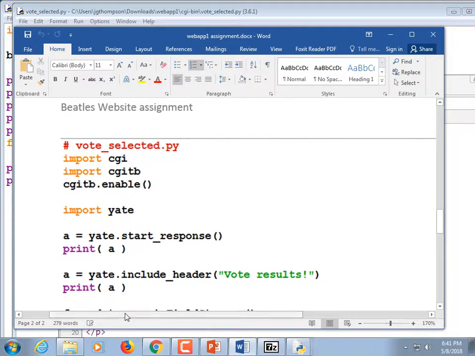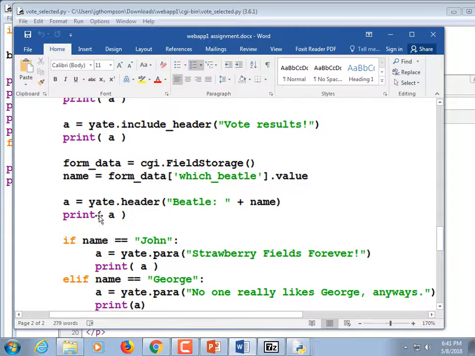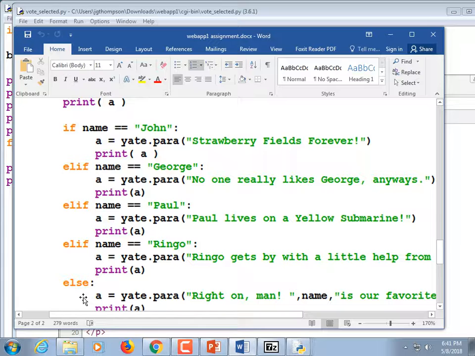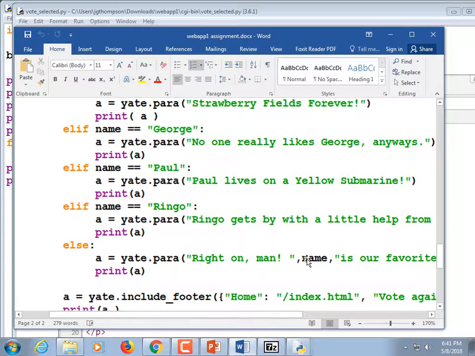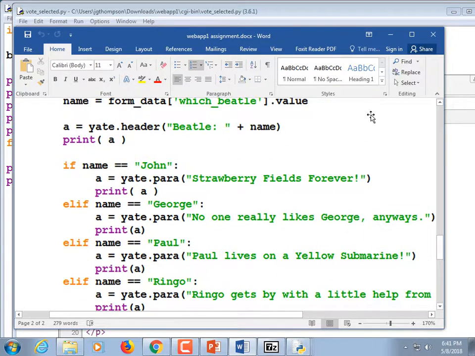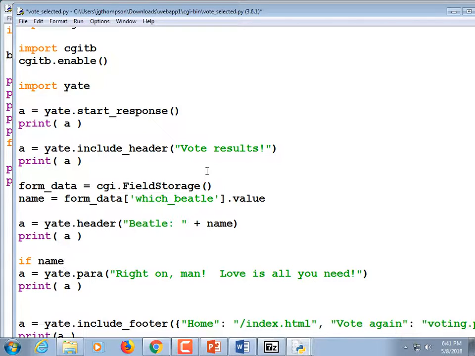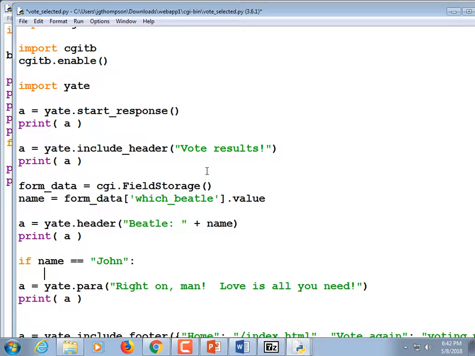Alright, so here's what I want to change my vote selected script to look like. Once we get the name of the person, we're going to just do a simple if, elif, elif, elif. And then we're going to have the default one, which is if we don't even recognize the name. Somebody snuck a peek back in there, at least we're going to say something. Okay, so in our vote selected script, right after we get the name, and we print out that as part of the header, if name equals quote John, end quote, colon,